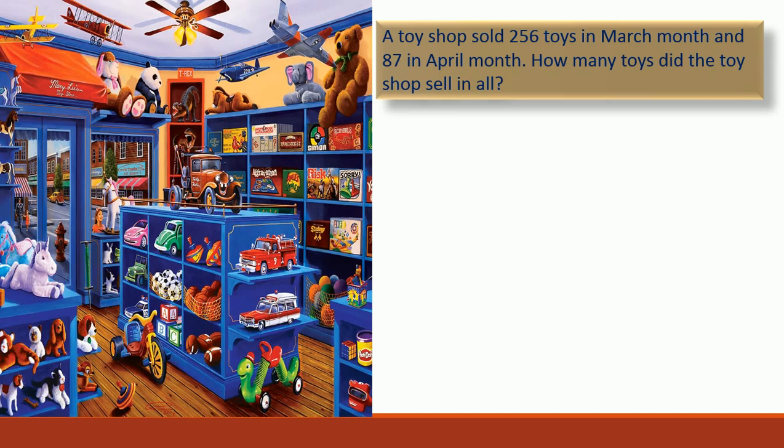So to find this, what do we have to do? We have to find the total number of toys sold in March and April. Yes, to find this we need to add. So we need to add the number of toys sold in March and April. So 256 plus 87. Let us add these two numbers in the column method and then we will find the